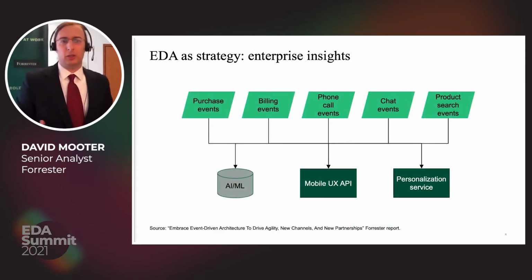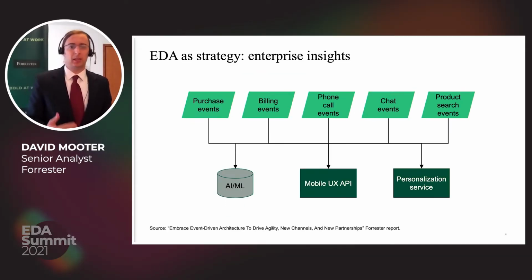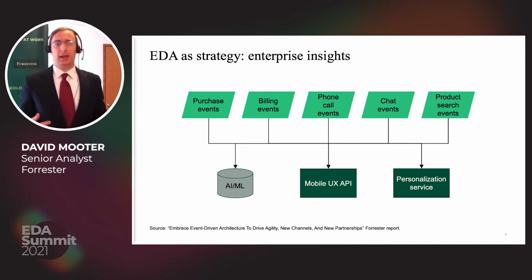Now, moving on to the next slide, you can see an example of EDA for enterprise insights. So imagine these 5 event streams you see here are coming from 5 different silos. And these silos in a legacy architecture really couldn't talk to each other. And that's a challenge because, you can see from the titles, purchase, billing, product search, these are showing activities of your customers. And those silos make it hard for you to see a full 360-degree view of that customer. But of course, you want your AI ML pipelines not to be just on one silo on chat or search. You want them to be on the entire customer activity. And so having event-driven applications publishing those events to an enterprise broker that's discoverable and accessible across the enterprise enables you to build an AI ML pipeline that pulls inputs from all those silos to build an AI ML model